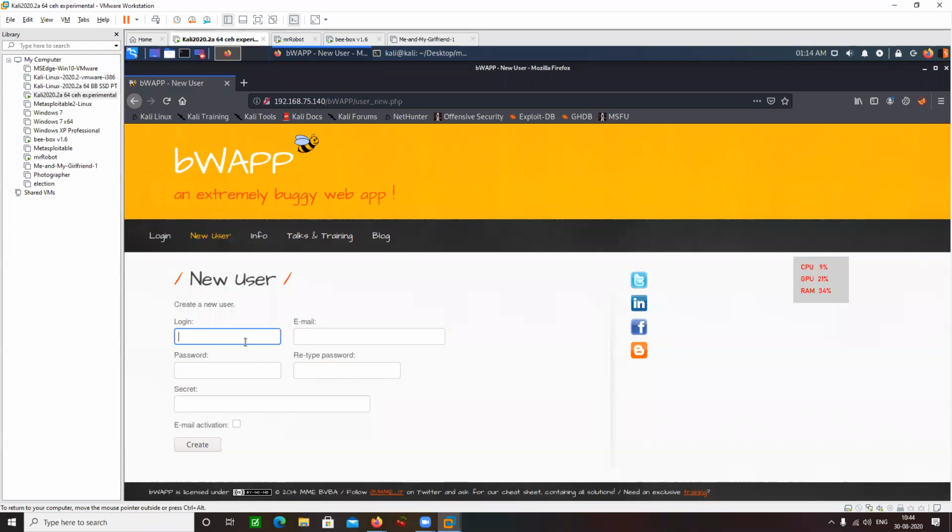So let me just use some username like root. Email is going to be root@root.com, and the password is, let's say, toor, and the secret is: this must not be visible to others, something like that.